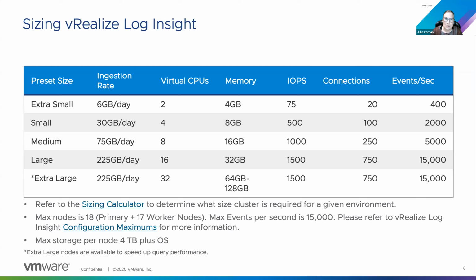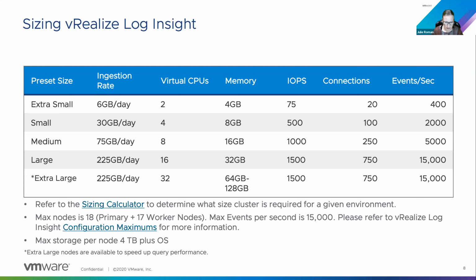But the extra large nodes are for query performance. And we noticed that customers who were constantly doing queries throughout the day, really active in dashboards, searching long time frames, so over 24 hours of logs, they needed more performance. And that is where the extra large nodes, the over 32 gigabytes comes in if you do need that, but it doesn't give you any more space. It's all about performance. And you'll see the IOPS listed there for how many ingestions per second that you can have. And again, on the extra large, it is the same as the large for that reason, because it's all about performance.